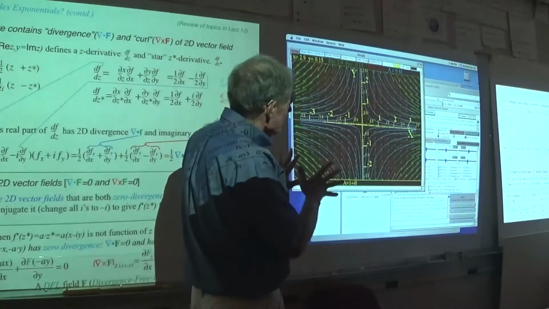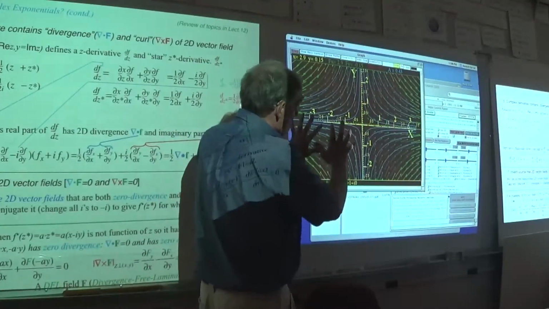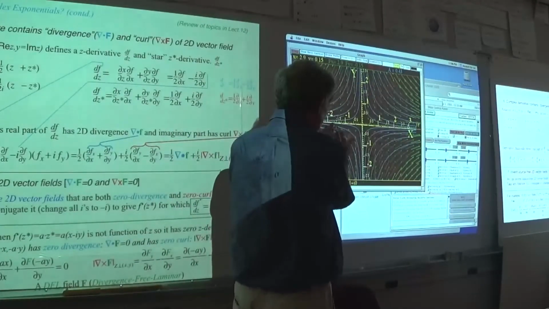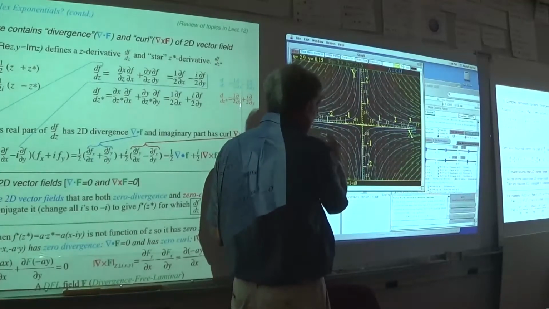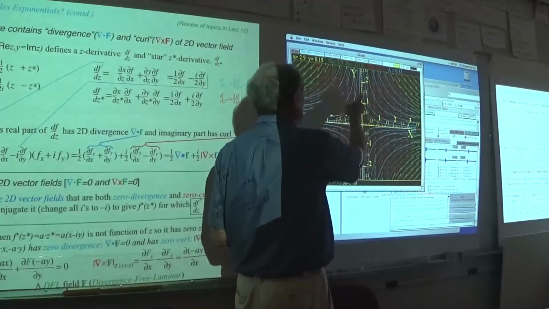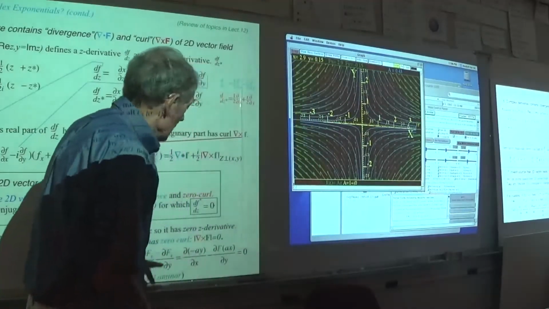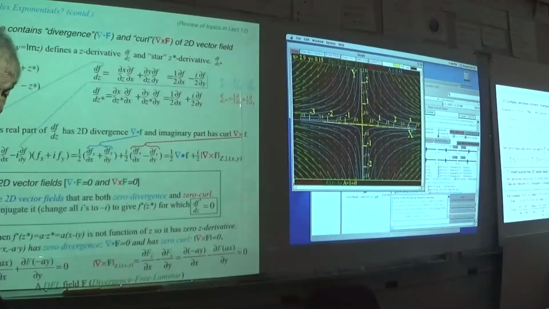And the way to visualize the source, which is at infinity, is to put this all on a sphere, and then the sources are all located. If this is the North Pole that we're standing in, they're down in the South Pole. And that's what we'll be getting to later on as we discuss this particular type of geometry. Okay, now